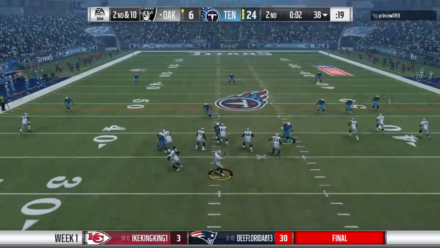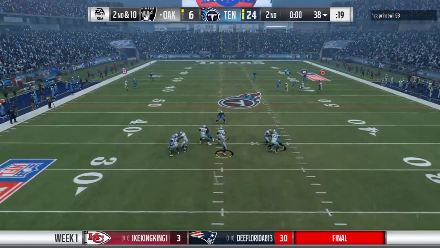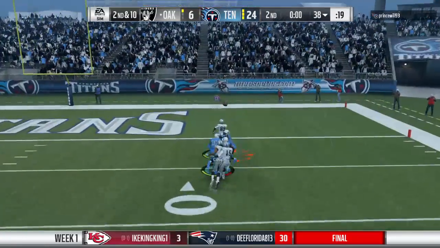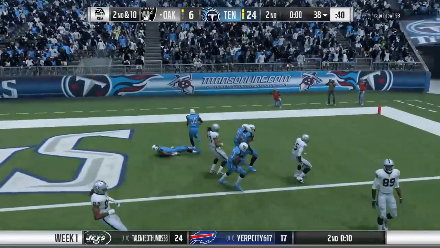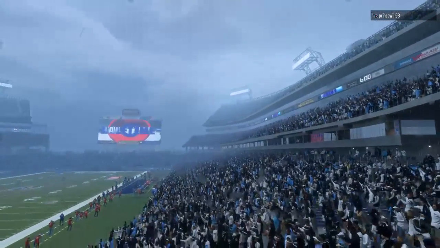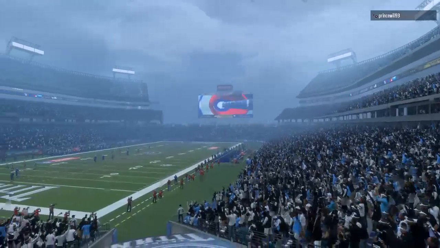Shift together here from the D-line. Carr. He's going to float this one deep right side. And unable to connect on the long pass. It falls down incomplete. So we've reached halftime here on opening weekend, as we'll send you down to Orlando as